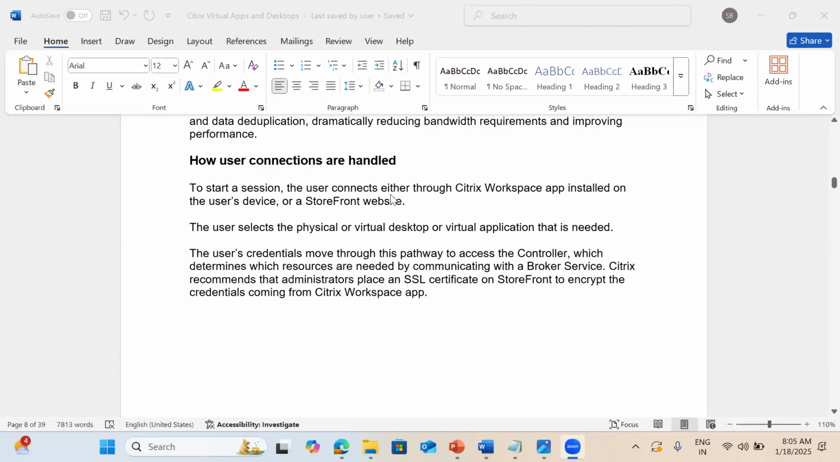Yeah, in the Citrix enumeration process, the users are going to connect to the storefront, either with the Citrix Workspace app or a browser that has been installed. Okay, so now the user can connect to the storefront. Internal users are going to access the storefront. External users are going to connect through NetScaler. So now here, in order to start a session, the user is going to connect either through the Workspace app or